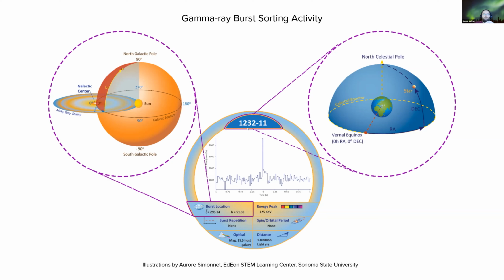This is an example of one of the cards that we give them with all the information on some of the 15 different gamma ray bursts. At the top, we have the name of the gamma ray burst that we've made based on its position in the equatorial coordinate system, and that's basically explained by this little diagram here. This is just the position of the object in the sky. You project the equator of the Earth onto the celestial sphere, or the sky, and then you have an angle called right ascension, which is your position around that plane,